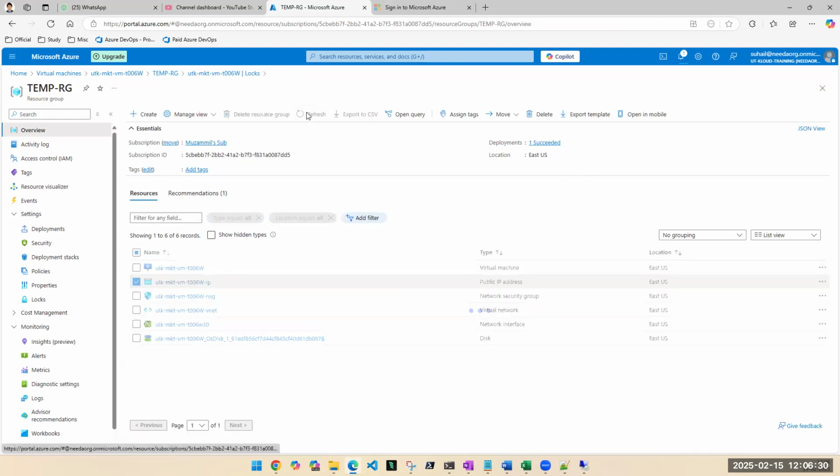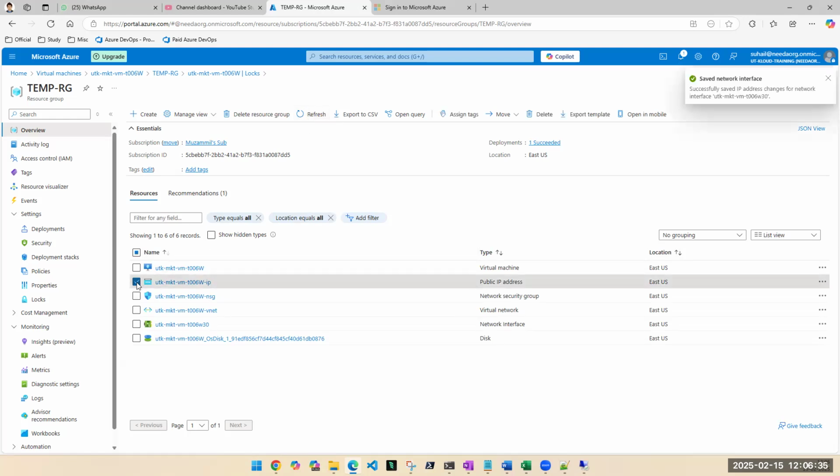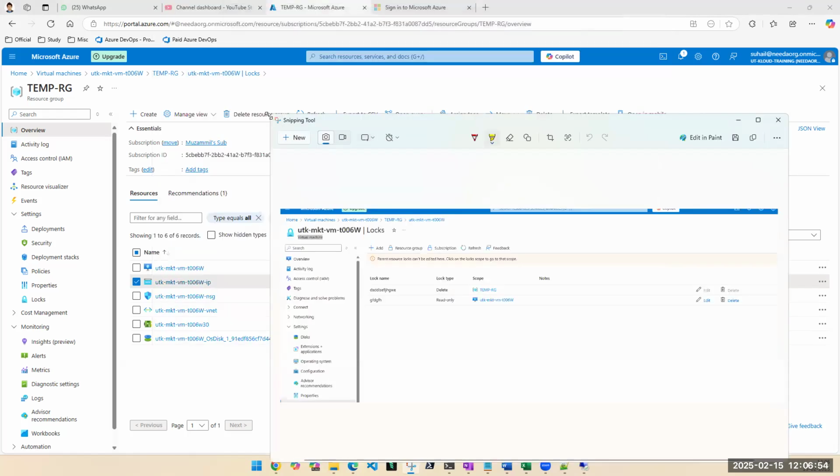Now, the question is, and this is the lock state. Now this is not related to any machine. Now my machine is without public IP. This public IP is just lying without any machine. I told you guys also that you are leaving some public IPs, which you should not be doing. As of now, for practice, we have done that. Okay, and this is the lock status. Now my question is, I hope this is visible to you,